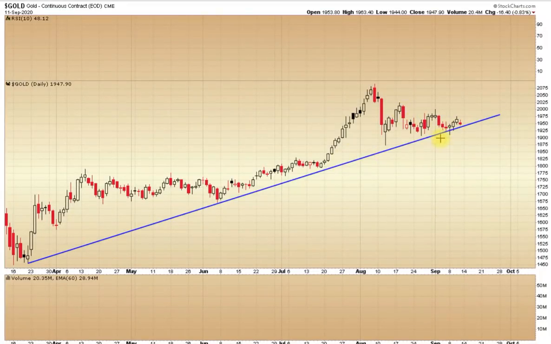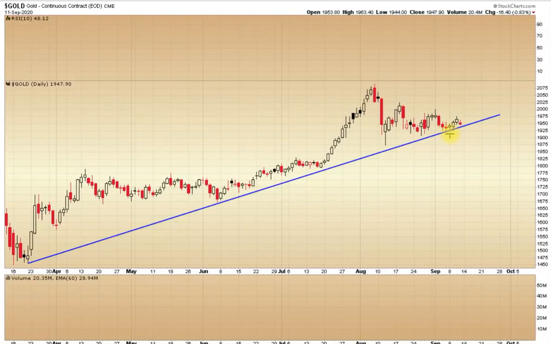You can see we've tested this intermediate trend line a couple times. We've got a warning signal with a slight penetration below the intermediate trend line right here. We ended Friday with price more or less sitting right on that trend line. If we get any weakness at all next week, then we're in jeopardy of closing below that trend line. And when you get multiple tests of this, it's between that 2011 high at 1923. What gold is doing is testing over and over and over that